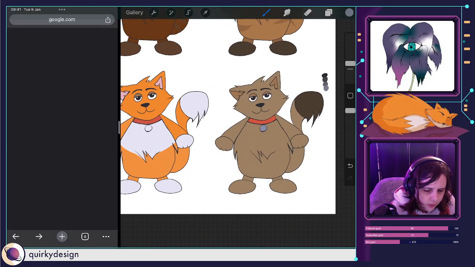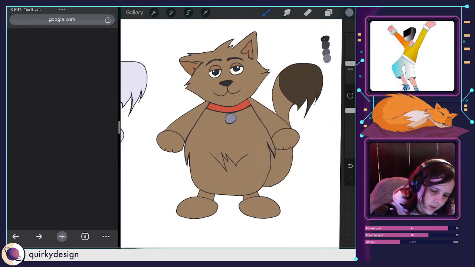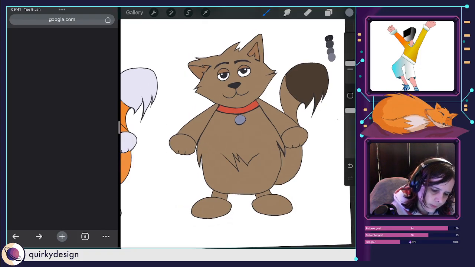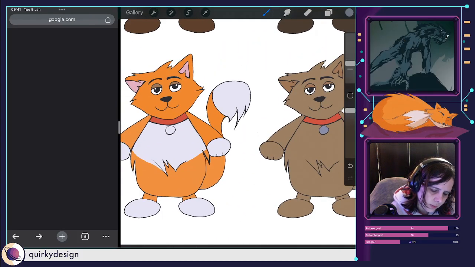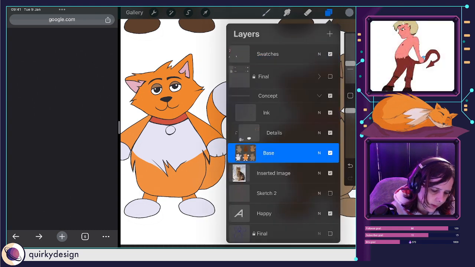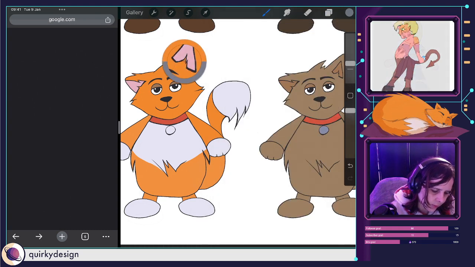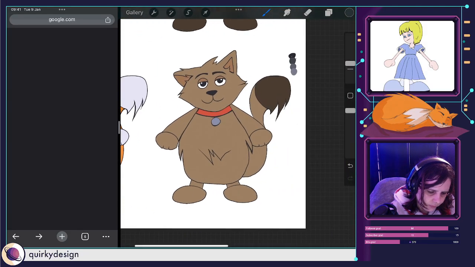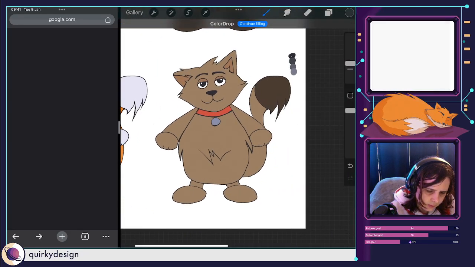I think I might use pink ears from the last one because I do actually like the pink ears. So if I just go on to this layer again and just grab the pink from here.